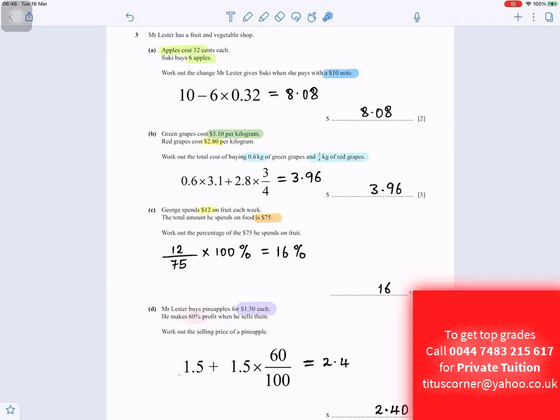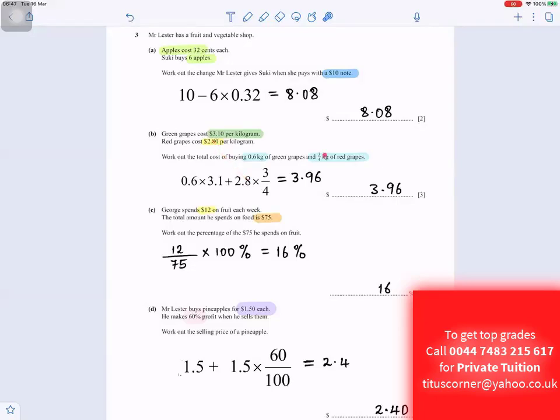Part B, green grapes cost $3.10 per kilogram. Red grapes cost $2.80 per kilogram. Work out the total cost of buying 0.6 kilogram of green grapes and 3/4 kilogram of red grapes. So we want 0.6 kilograms of green grapes. So it's 0.6 times 3.1 because we want 0.6 kilogram of green grapes plus 2.8,